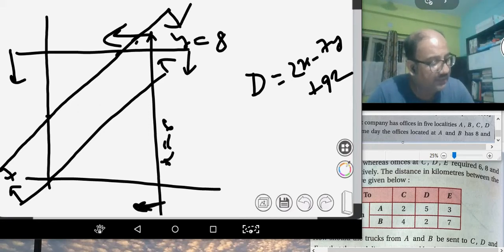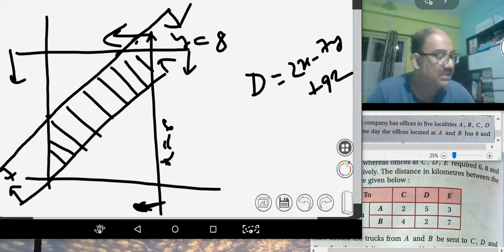So for that, y equals 8, so it's a down arrow. Then y minus x equals 0, or y equals x, is this line, and since y minus x is greater than or equal to 0, that's the case. And x minus y is greater than or equal to 4, or y minus x, sorry, less than or equal to 4. So this is the straight line. Hence we get the feasible region as